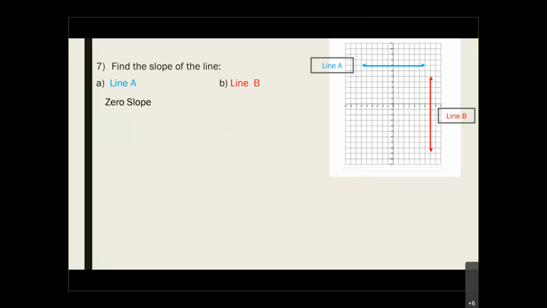And again, what about line B? Well, line B is a vertical line. Reminder, a vertical line, if you stand up there, you will fall and, yes, fall and die, which is undefined, right? So again, looking at this thing here, a vertical line, you have an undefined slope. A horizontal line, you have a zero slope. So again, like I mentioned,